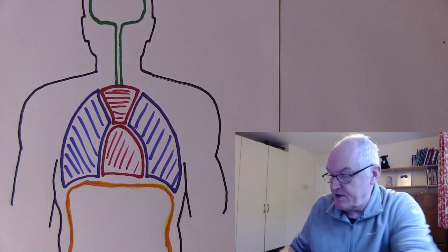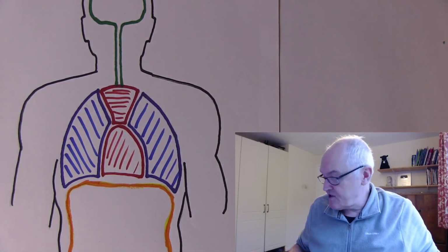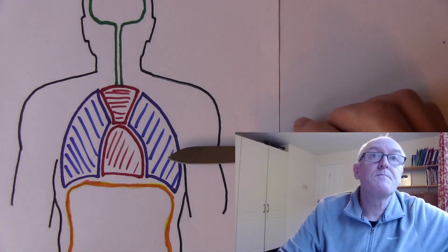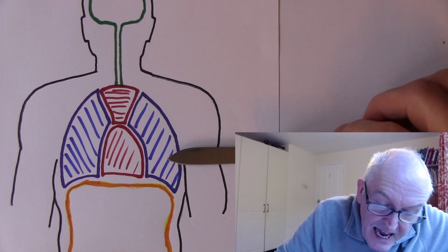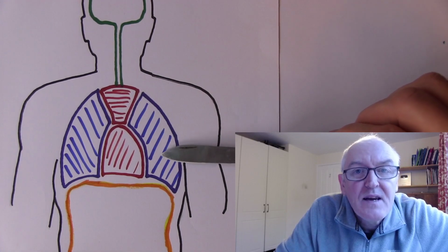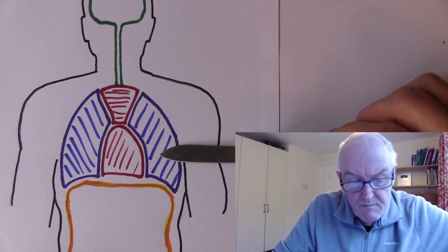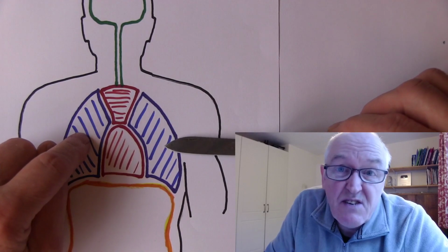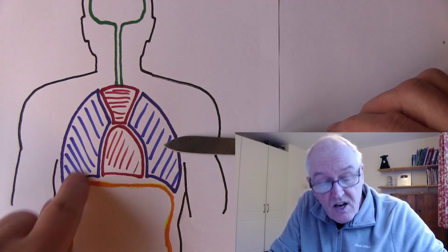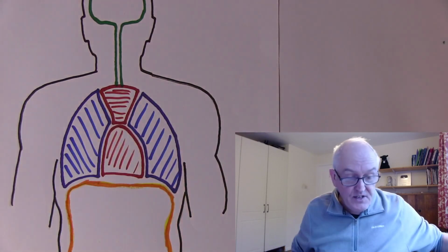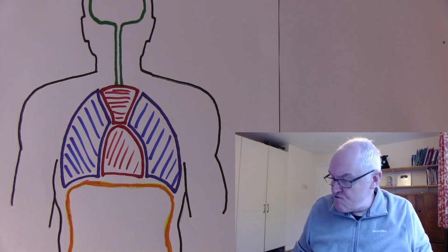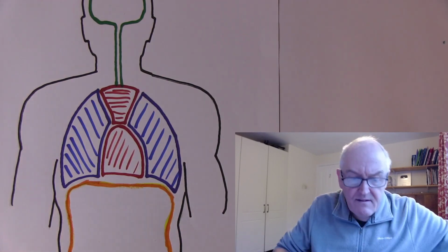And this is so important, that the lungs are in their own cavity, because if someone comes along with a knife and they stab you in the chest with it, then what's going to happen is air from the outside world is going to get into this cavity and that lung's going to collapse. And that's really serious. But if both lungs collapsed, that would be even more serious. So only one lung will collapse with a penetrating chest injury because the other lung is in its own individual pleural cavity. That's just very, very important. But what I've coloured in red here, in red we have this area here.